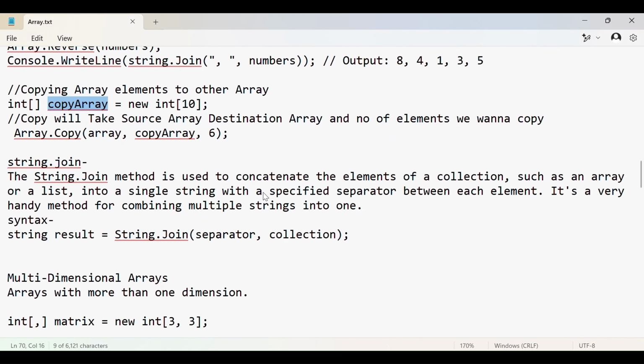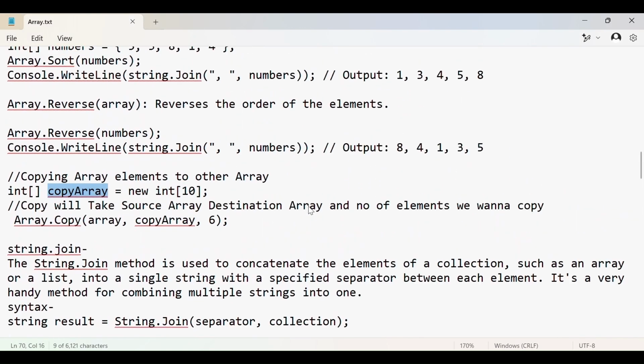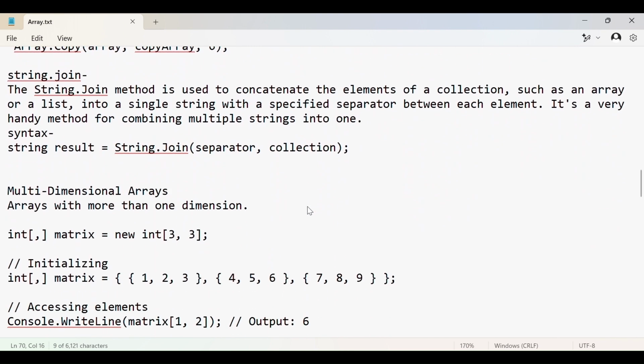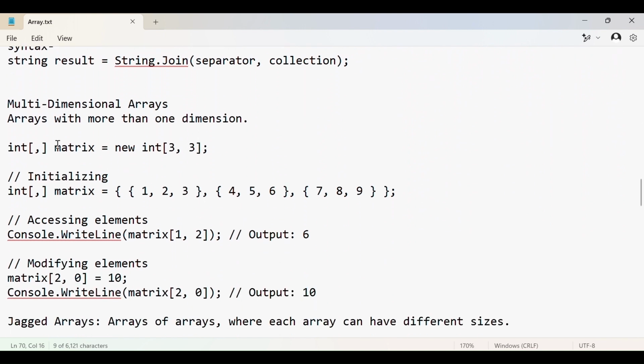So whatever we have discussed, that is a single dimensional array. Now another type of array is there, that is called multi-dimensional arrays. So arrays with more than one dimension. The syntax is the data type, then this square bracket, then within that bracket there is a comma, then